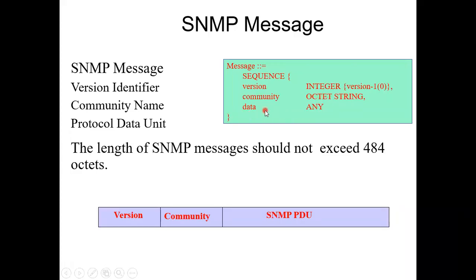And data, I am not bothered about what data it is. It can be any. Remember, CHOICE and ANY, these 2 keywords were there. If I am not specific, I can use data, can be anything. Let them send anything. Why should I be bothered about what data is inside? They might have sent an integer, there is a mixture of integer and octet string. So let the data be ANY. This way you can write the ASN1 of the SNMP message. This slide is very, very important from the viewpoint of a Viva or an MCQ question.